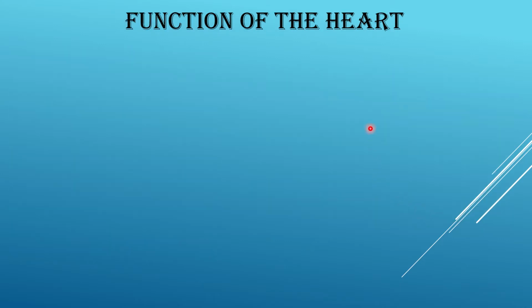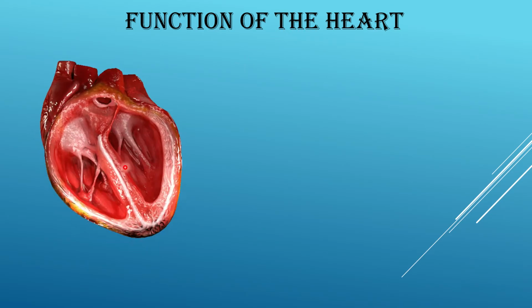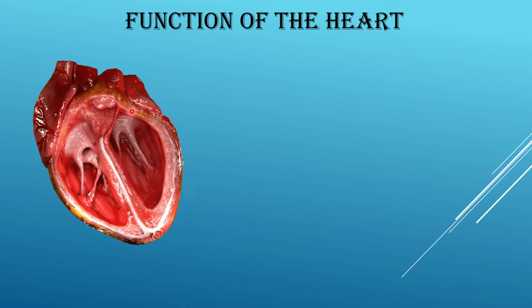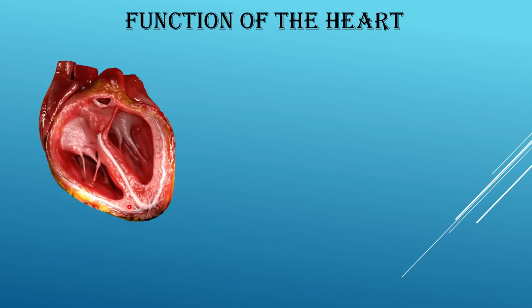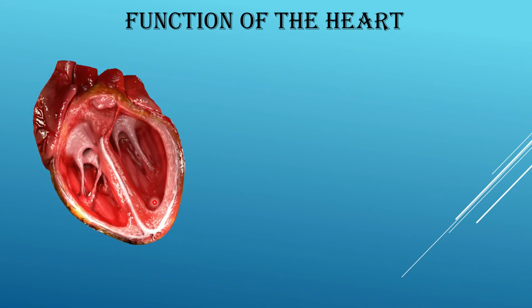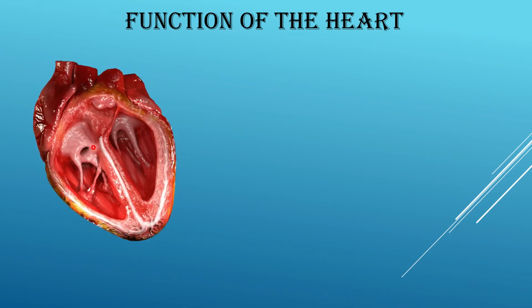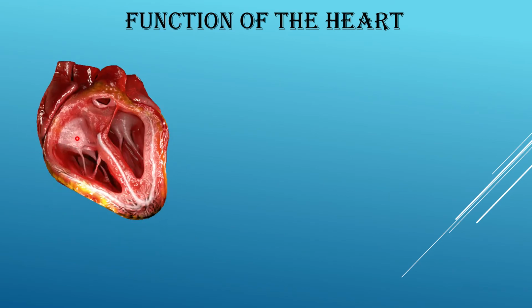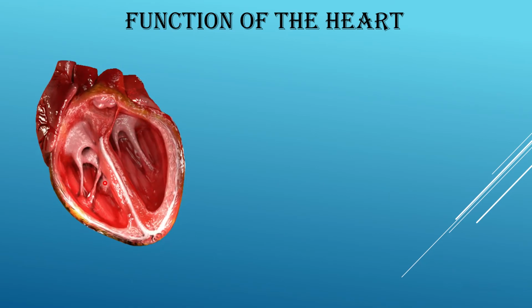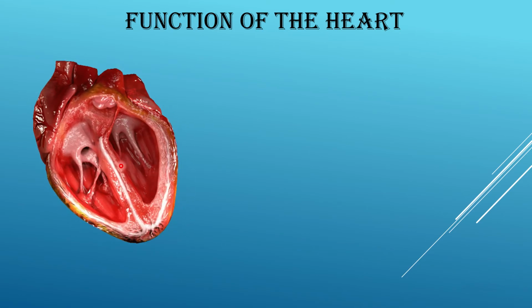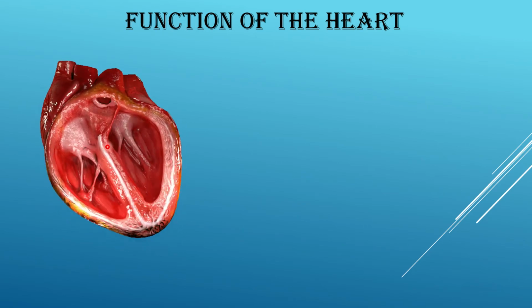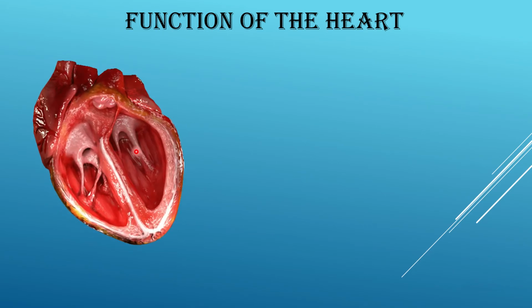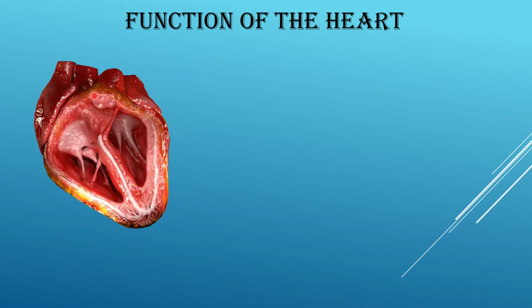Now we'll come to the function of the heart. See, this is your heart, which is a highly muscular hollow organ, and you can see its walls are made up of cardiac muscles, and internally the heart is divided into four chambers. These are the two auricles and these are the two lower ventricles. Auricles and ventricles are separated by the septum, which prevents intermixing of blood, that I'll be explaining later.